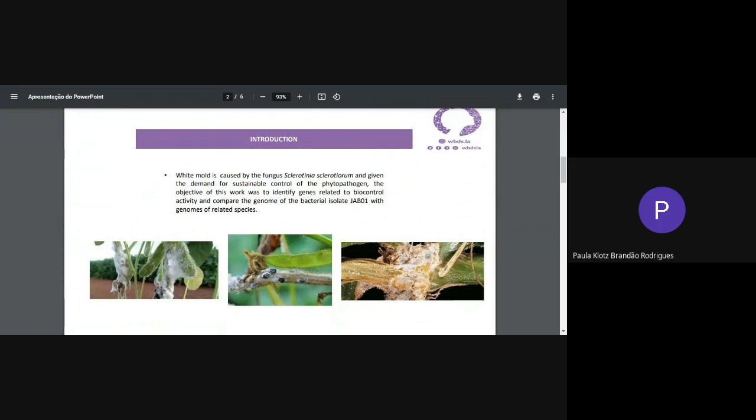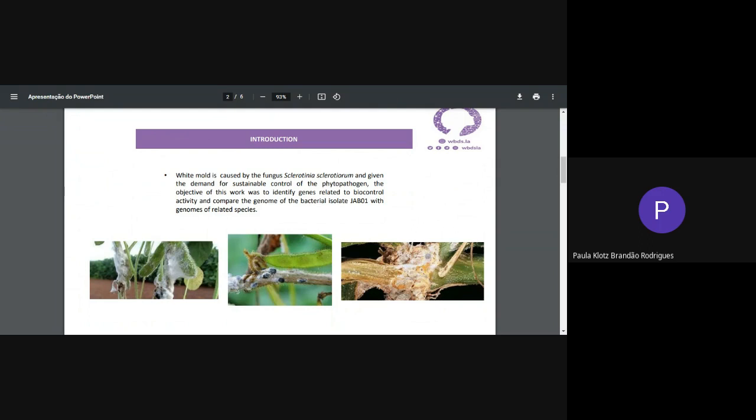White mold is a disease caused by the fungus Sclerotinia sclerotiorum that affects more than 600 species like soybean, tomato, potato, bean, sunflower, and others. The fungus has a resistance structure named sclerotia that is capable of resisting in soil for many years, making it difficult to control the disease. In preliminary studies, the bacterial isolate JAB1 was capable of inhibiting the mycelial growth and the